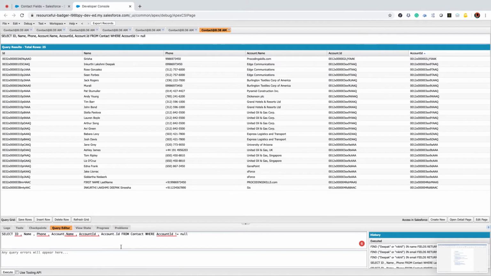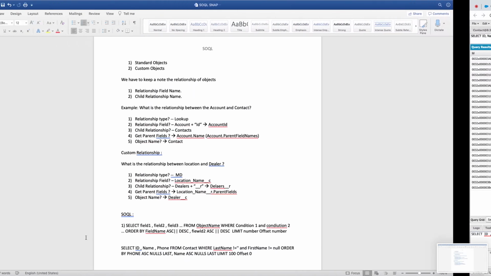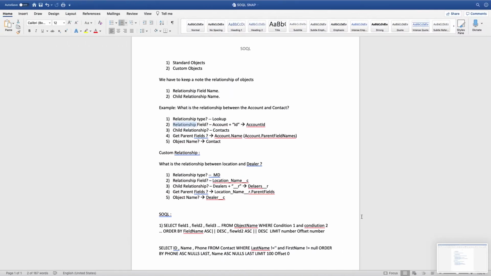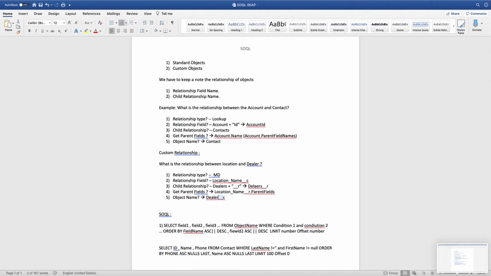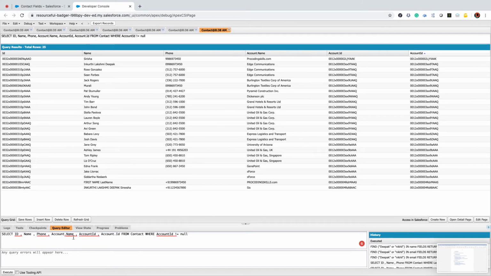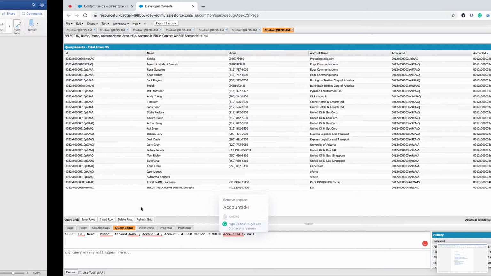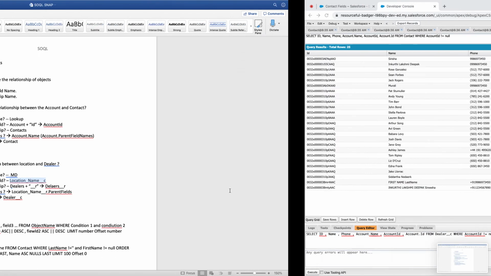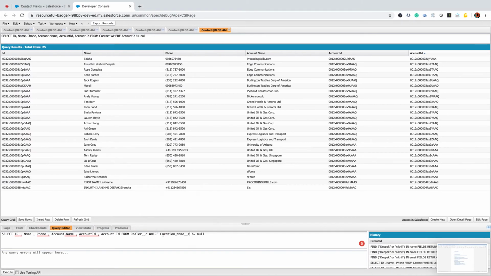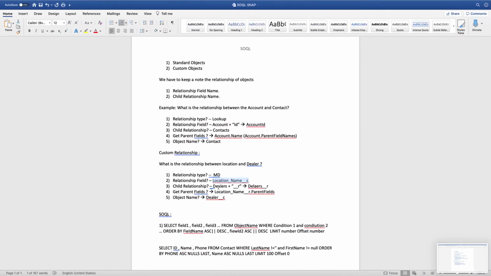Okay. It's clear. Yeah. If I want to query on my child object, I mean custom relationships, what is the object name here? We have dealers, right? I'm just copying this information because I want you to trust that we can do the same thing this way. I can say location name because this is my relationship field, and I'm saying my location should not be null.